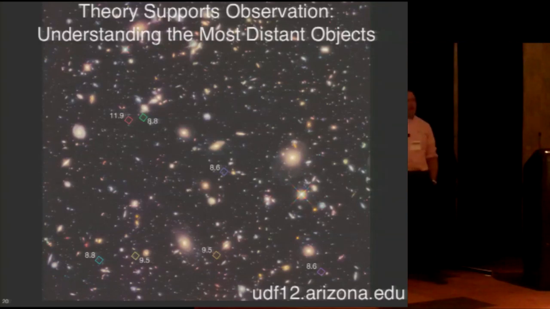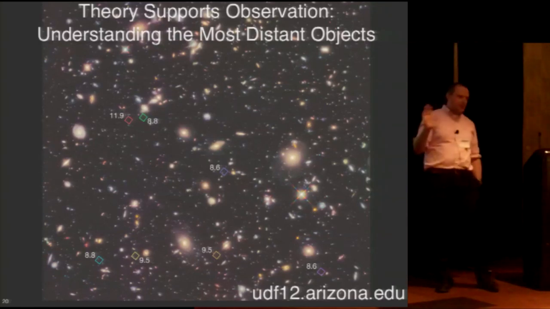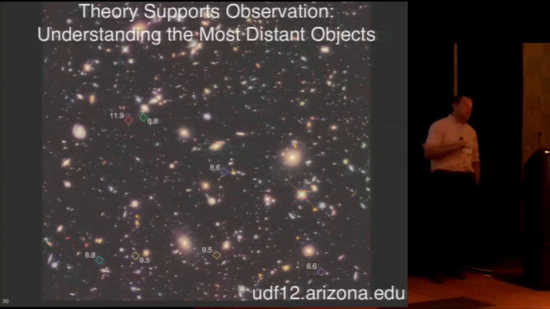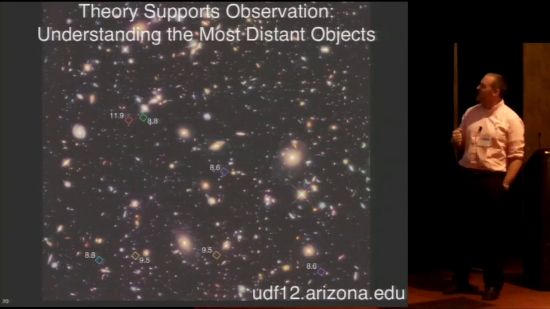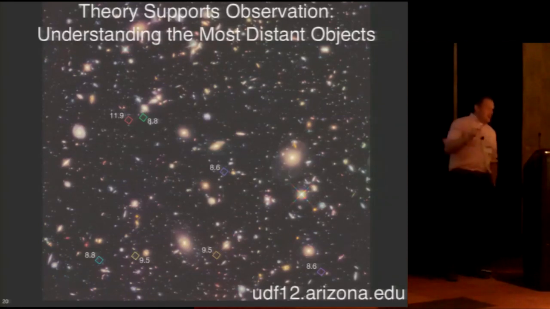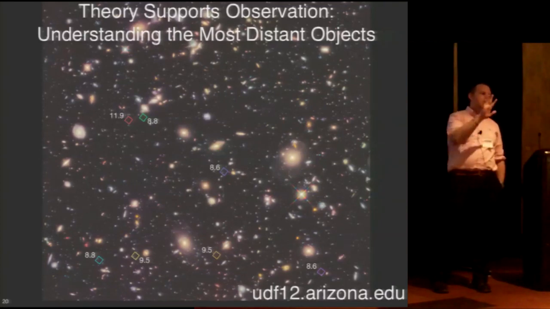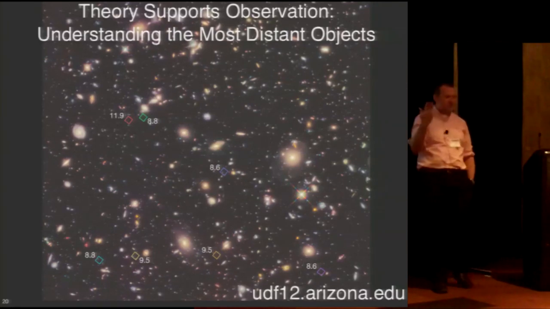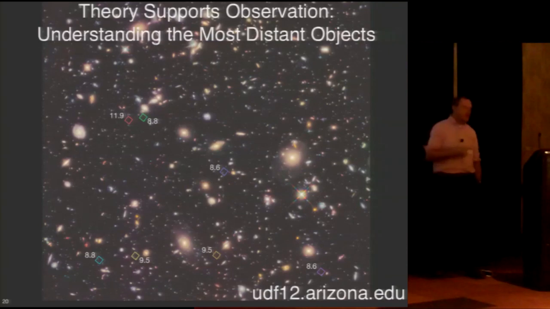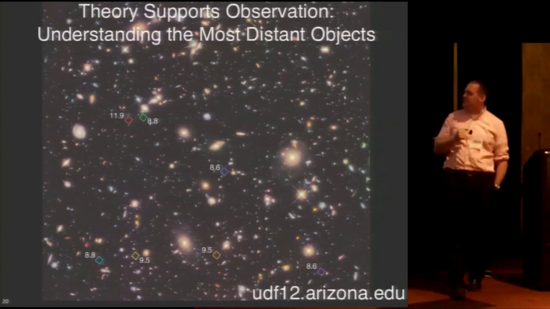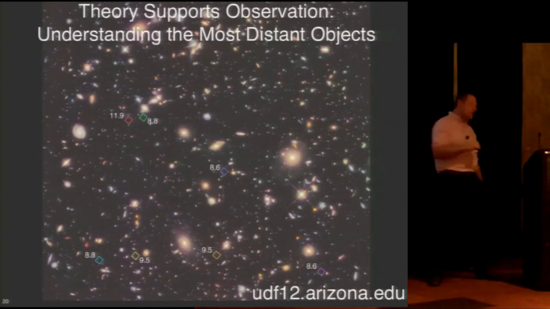Okay, so what we want to understand from this image, which is really remarkable, it's a huge technical feat to do this. HST, Hubble Space Telescope, has been the most successful scientific instrument ever devised by humanity, I would argue. That's a big statement. But we can only take an image of a very small portion of the sky if we expose this deeply. This is hundreds of hours with Hubble Space Telescope. HST, in its net run, cost about $15 billion to launch and develop. So it's quite expensive to run and operate. This is a very expensive kind of observation to take.